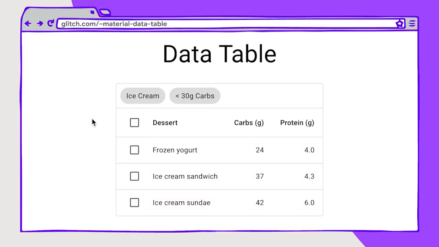Another item that's important in motion is how it connects various elements. So here we have a chip, and this chip is a filter chip, where when we click that ice cream, the checkbox pops in not only in that ice cream chip, but also in the items inside the data table. So it creates this really nice uniform interaction inside of this component, even though there are two different elements that are interacting with each other. This allows for this idea of a physical space, these physical interactions, these physical connections to be translated onto the web in a way that's a little bit easier for you and for your users to understand.